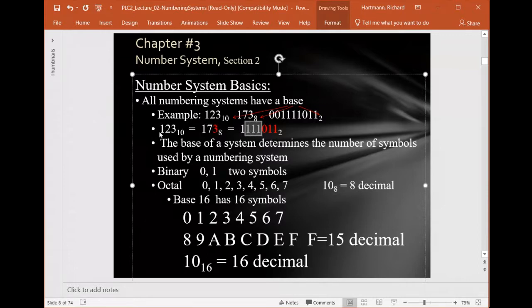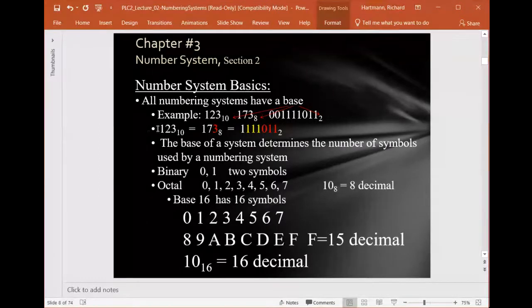And these 3 bits here represent the number 7 in octal. So the 111 here in binary represents